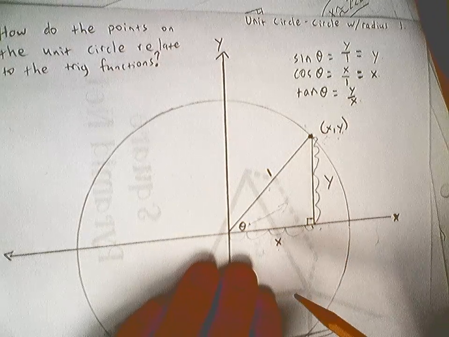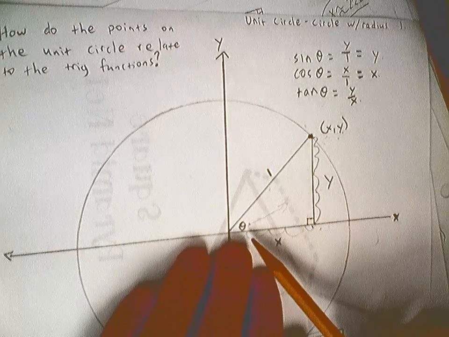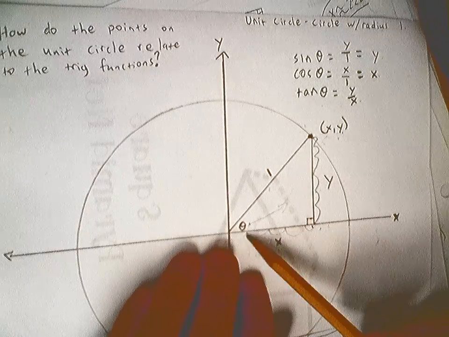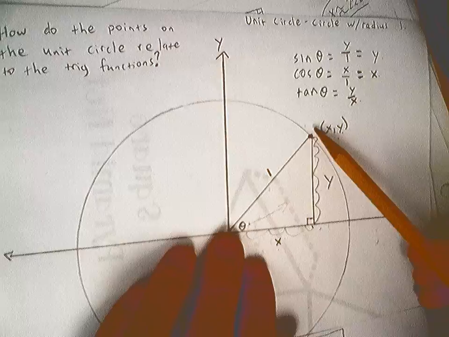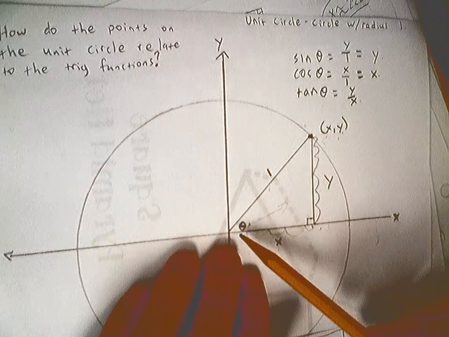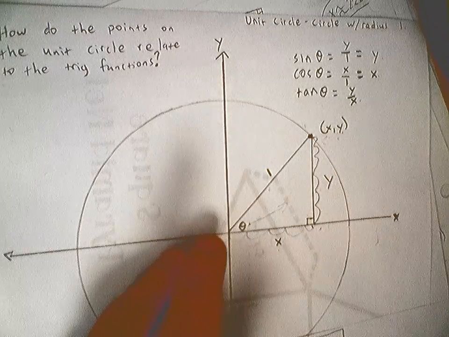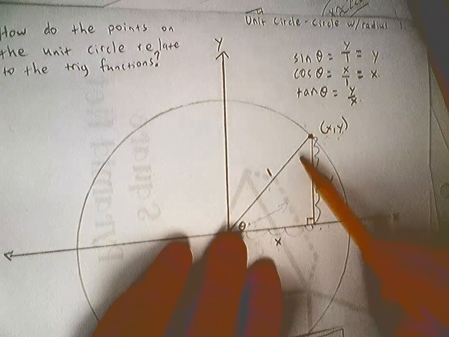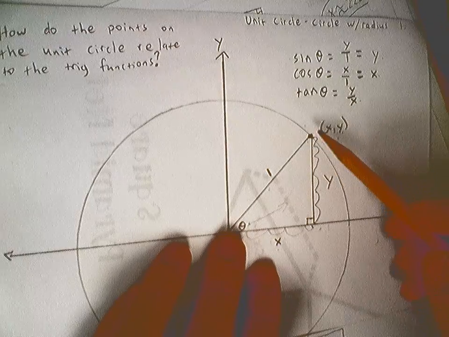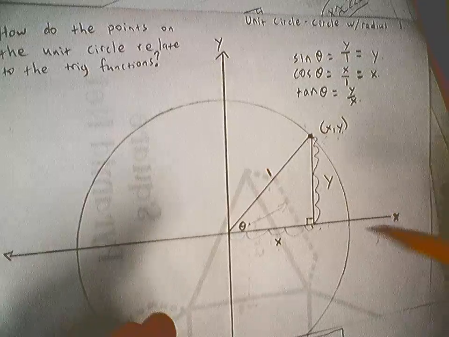So let's say that we're working with the unit circle, a circle with a radius of 1, and we've got an angle that's formed from the x-axis and the radius of this circle. The radius, again, is just 1. So we've got this angle, I'm going to call it theta, and it's formed using the radius and just the x-axis. So where that radius meets the circle, remember, that is where we get our updated definitions of sine and